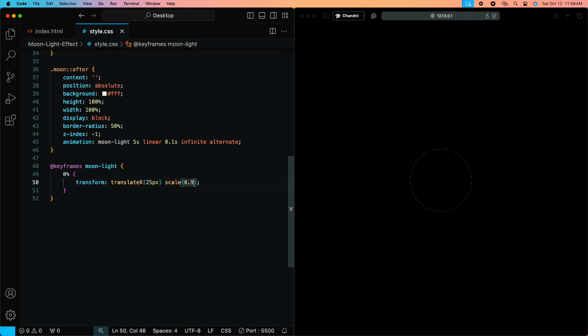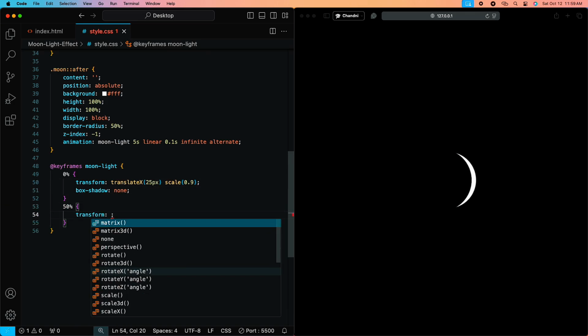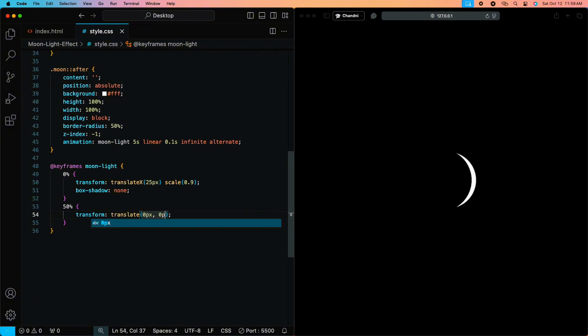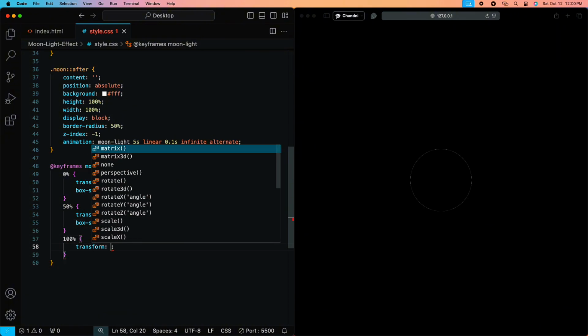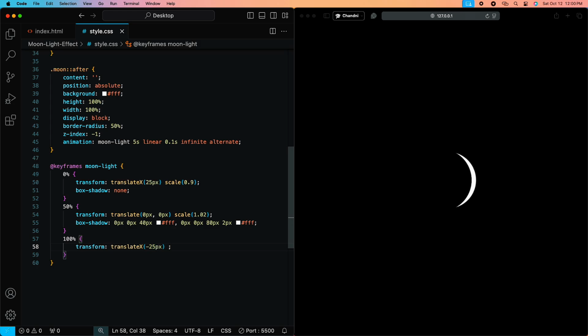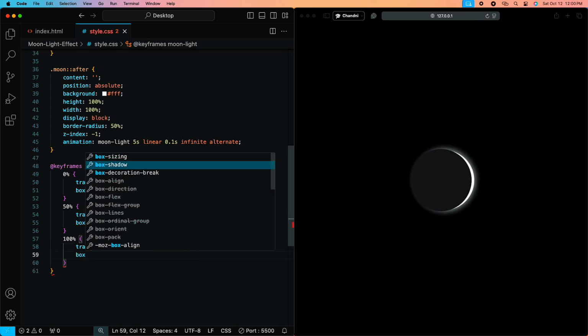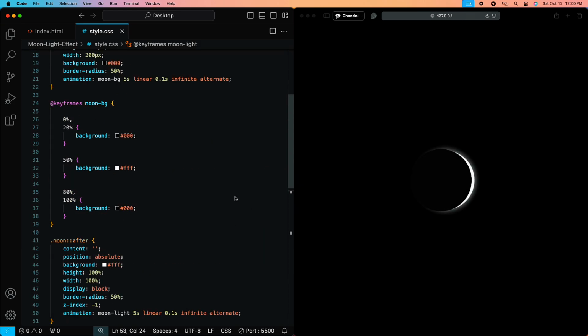At the start, 0%, the moon is slightly to the right and scaled down. At the midpoint of 50%, it moves to the center, grows slightly larger, and glows with a white shadow effect. By the end of 100%, it shifts slightly to the left, shrinks back to its original size, and the shadow effect disappears. This creates a smooth, glowing effect around the moon, making it appear as if it's glowing in the